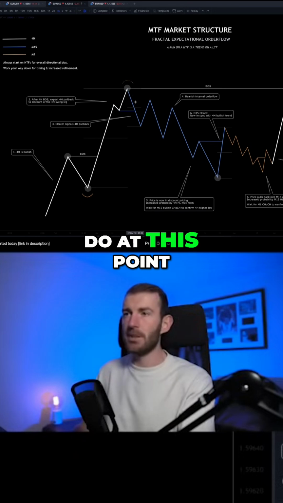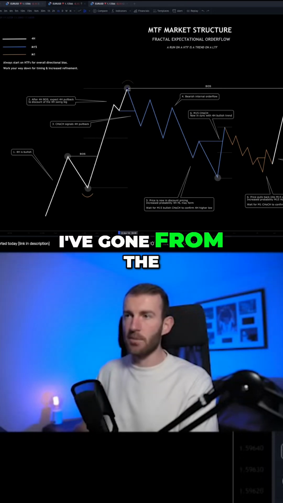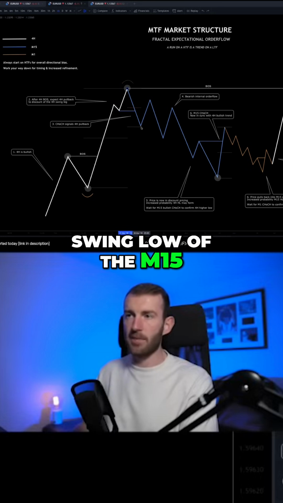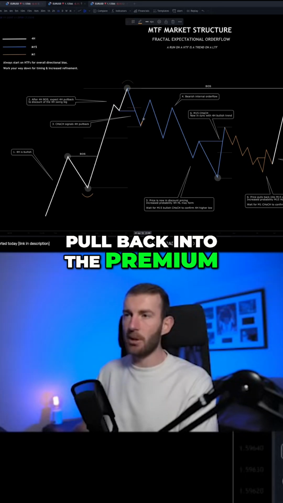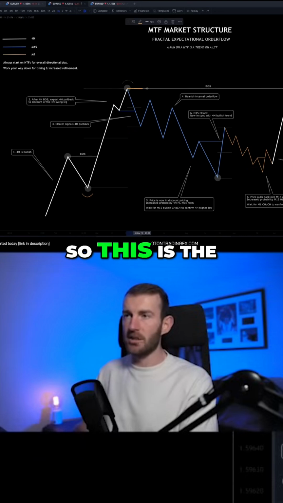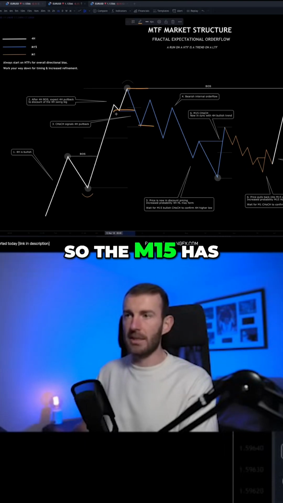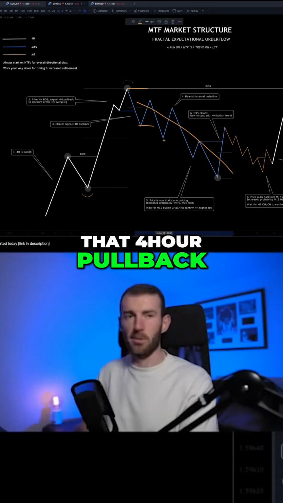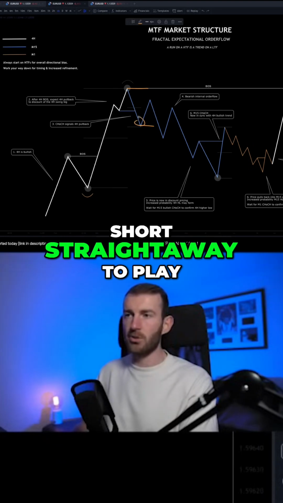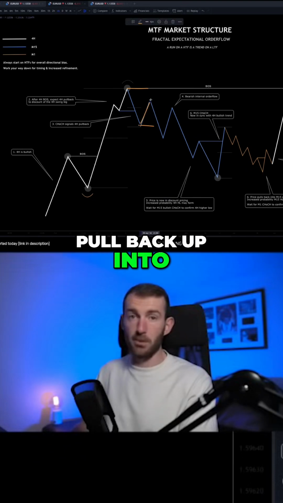Now, what we can do at this point is, you can see here, I've drawn the premium and discount tool on right here. I've gone from the swing high to the swing low of the M15. And we now wait for the M15 to pull back into the premium, right, of that range. So this is the M15 range that we're playing within, okay, between these two orange lines. So the M15 has now switched bearish, right, aligning itself to anticipate that 4 hour pullback. But we don't just want to jump in short straight away to play the 4 hour pullback. We want to wait for the M15 to pull back up into premium prices,